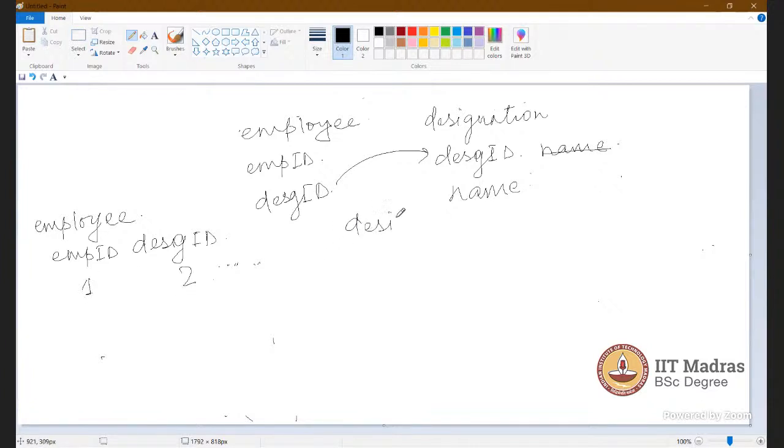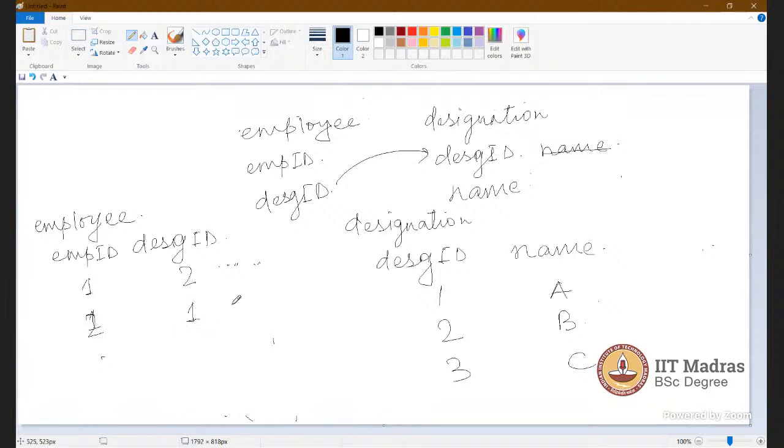And for the designation ID, the name is like this: 1 A, 2 B, 3 C. Then can you tell me what is the output of this? Let me take 2. Then what is the output for the full outer join? That is the query given in question 16.